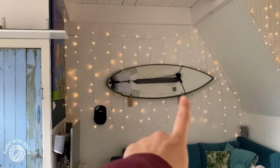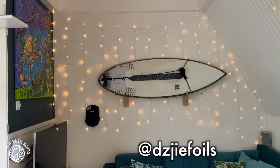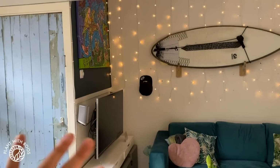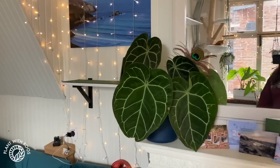On this side is my boyfriend's self-made surfboard. He's amazing. He has a channel if you want to see it, G-Foils. I'll link it. I stopped putting plants here. I had some plants here before, but they just were not getting enough light. So all we have now is... Then over here we have my